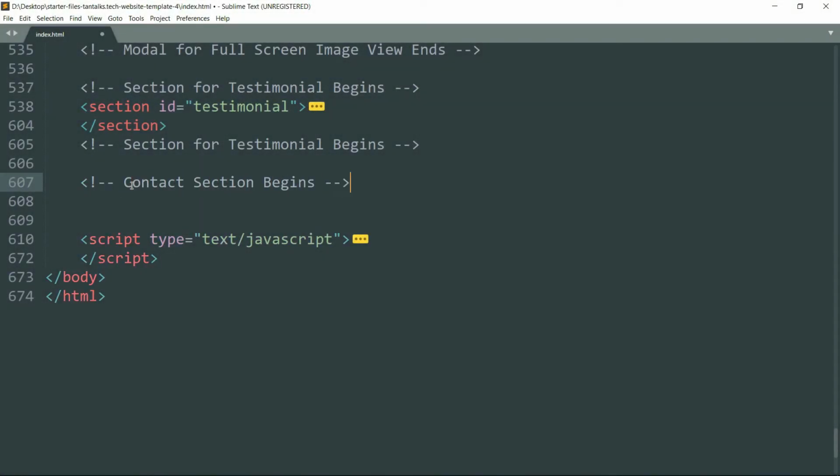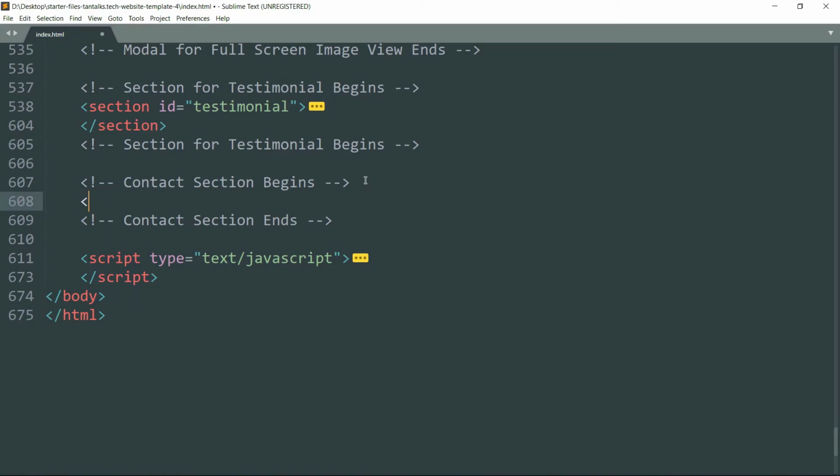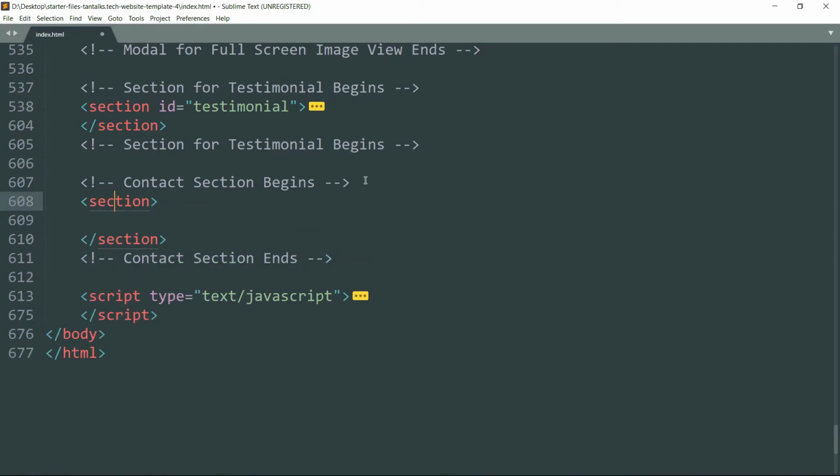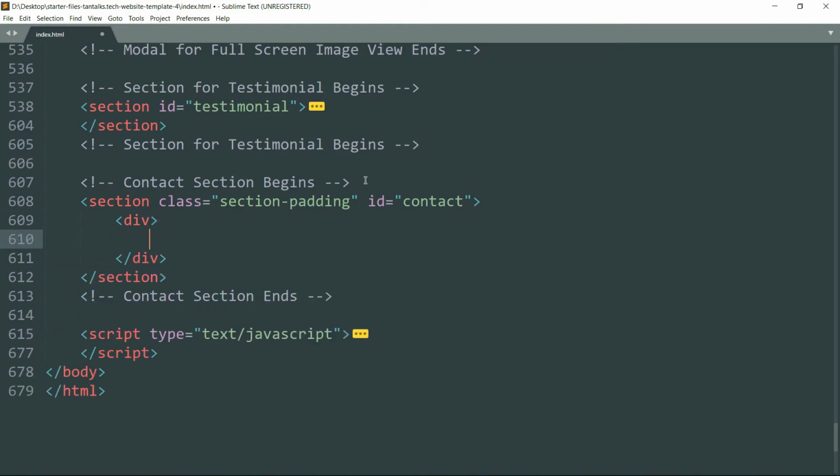Contact section begins, then contact section ends. Then get inside and create a section tag, and let's write class as section hyphen padding, then ID as contact, then get inside and create a div tag, and then let's write the class as container,